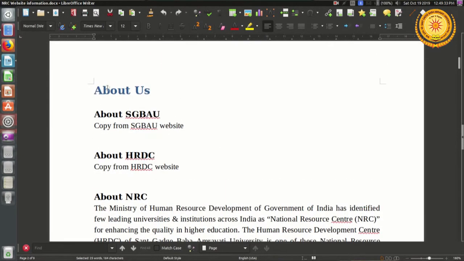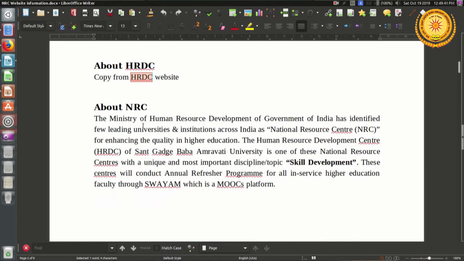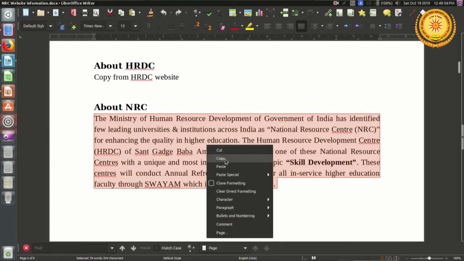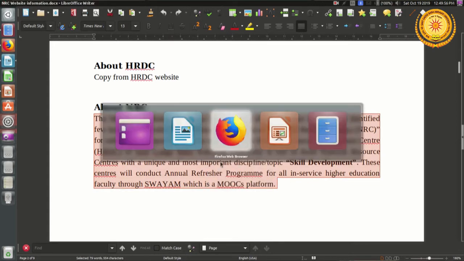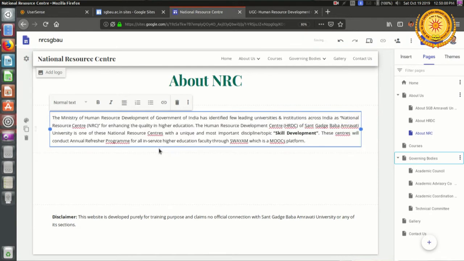So here I have mentioned that for the about us page, for about SGBAU, copy it from the SGBAU website, for about HRDC, copy from the HRDC website, and for about NRC, here I have created the information of our NRC. So I have selected it, copy it, go back to our slide design and paste it.